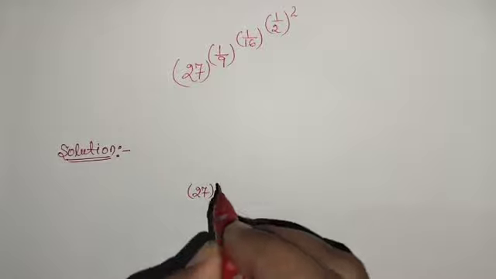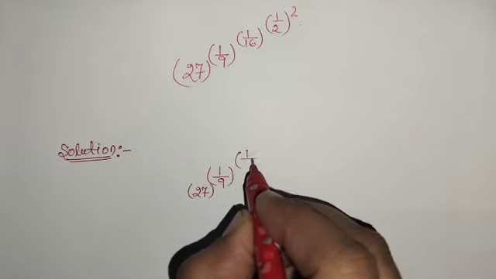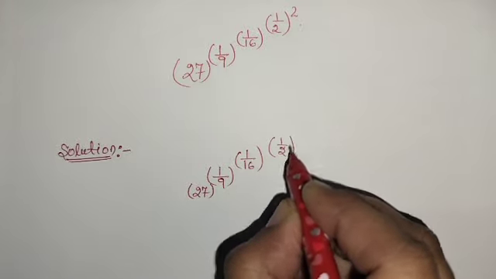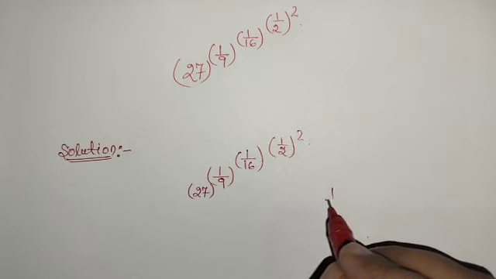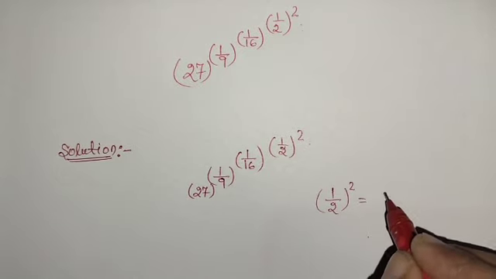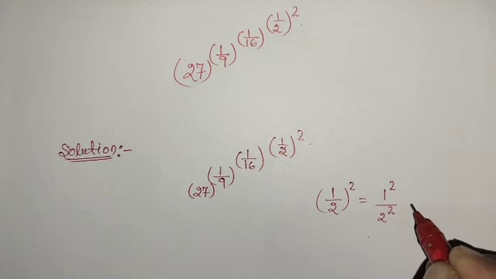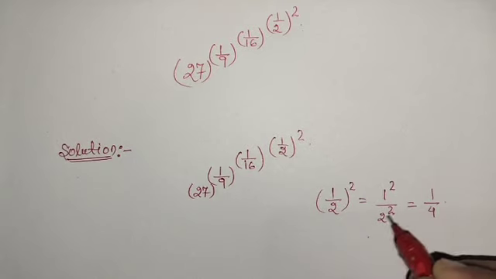27 to the power 1 by 9 to the power 1 by 16 to the power 1 by 2 whole square. We know 1 by 2 whole square means 1 square by 2 square. This is equal to 1 by 4. Yes, 2 square is 1 by 4. Then